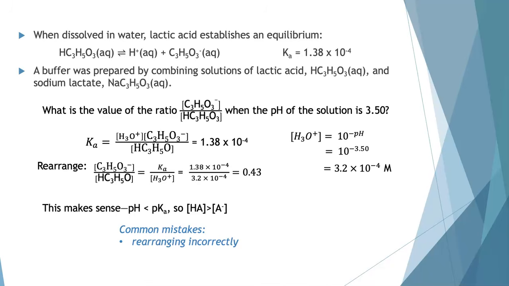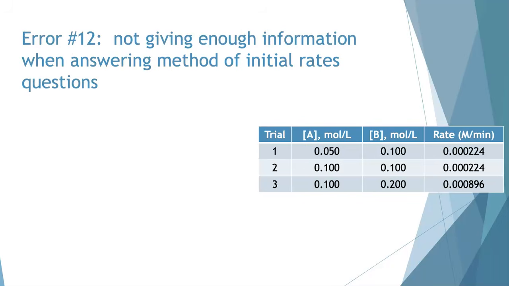The common mistakes that we saw with these problems were rearranging the expression incorrectly. If you chose to do Henderson-Hasselbalch with this, and you make a mistake, you might not find that for a bit. Not converting your pH to H+, not taking a pKa and finding a Ka, things like that, depending on what information you're given. The next area I want to discuss is not providing enough information when you're talking about